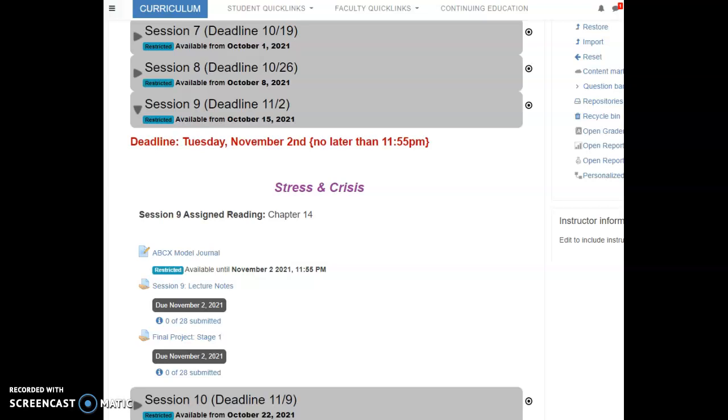When we look at our assigned reading, we will see that the majority of chapter 14 needs to be read this week. There are a few pages at the very back of chapter 14 that talk about therapy and counseling that can be reviewed if you're interested in reading, but it does not specifically apply to the section lecture notes.